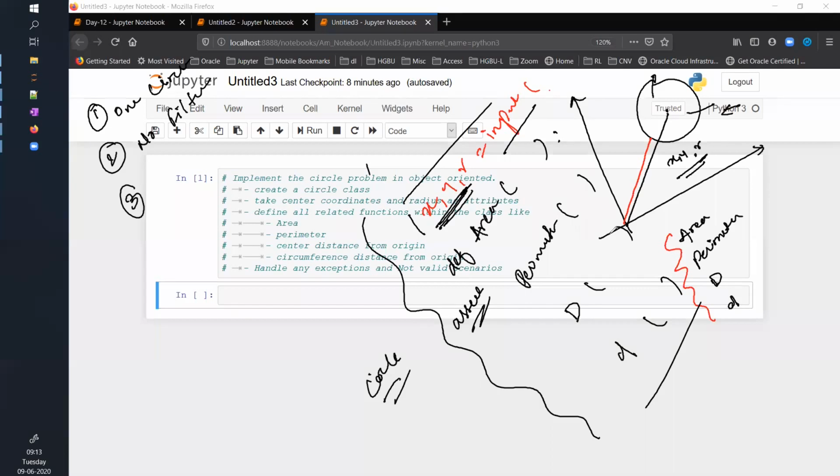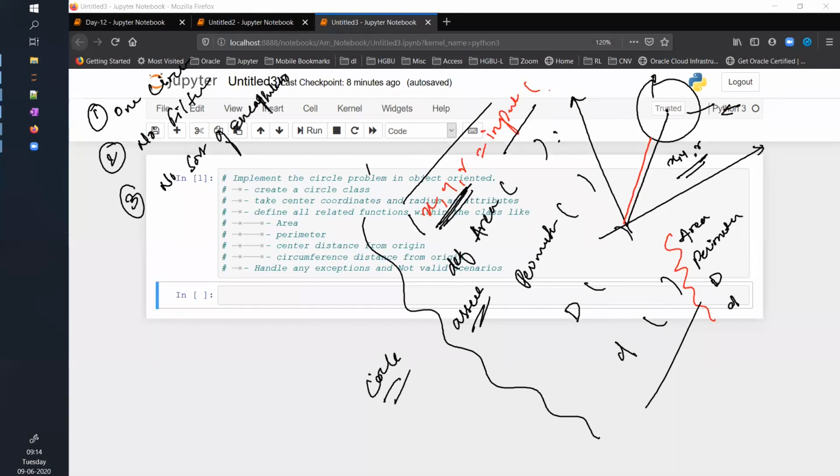Logical, correct? It makes sense in a way that tomorrow if there is some issue in your code, you exactly know where to go and make the changes, where to go and debug the code. If you don't have such modularity or if your code is fragmented, it will be very difficult to manage the code. You are getting my point? Everyone agrees with these statements or not? Yes, sir.